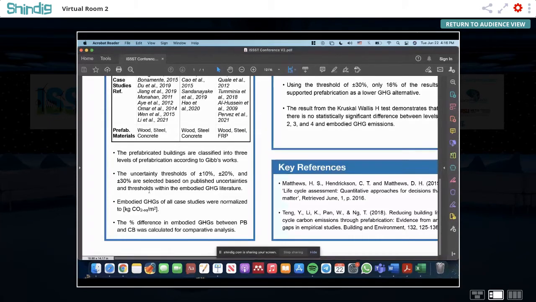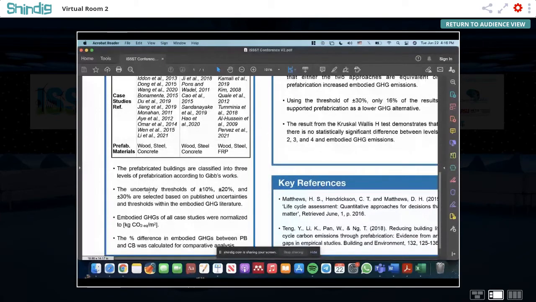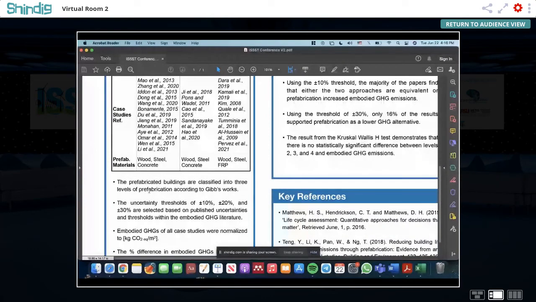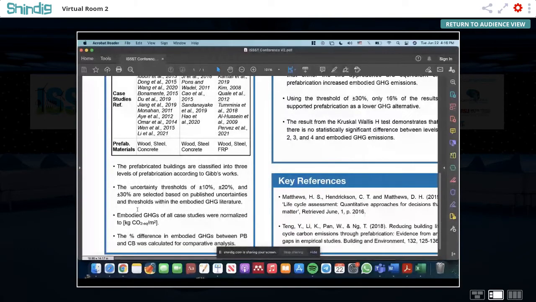And one other thing that we considered is that there are different control variables across the case studies. For instance, the prefabricated buildings were residential, commercial, educational, with different materials, ranging from wood, steel, concrete, and FRP. All these control variables can affect the final results, which were embodied GHG emissions.